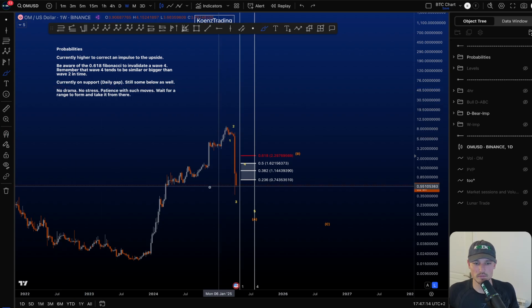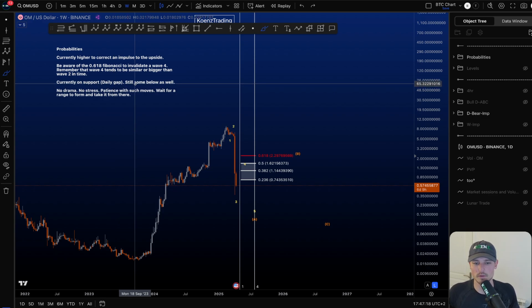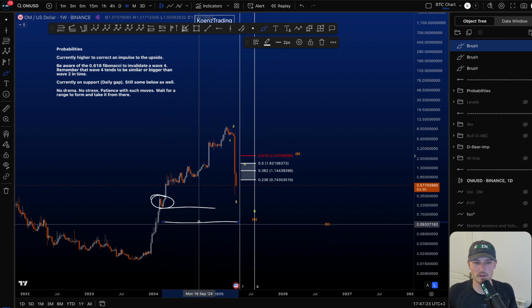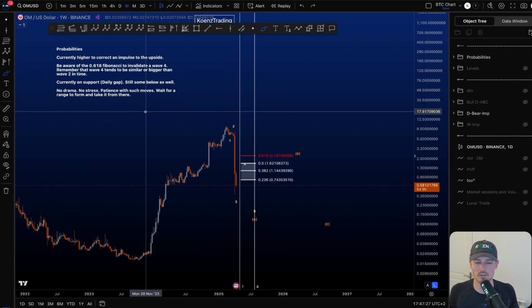Currently on support, which is the monthly gap, not the daily gap, the monthly gap, we still have a little bit of support to the downside as well. We have this range, we have a weekly, we have the value area high. No drama, no stress, patience with such moves. What has happened, happened,